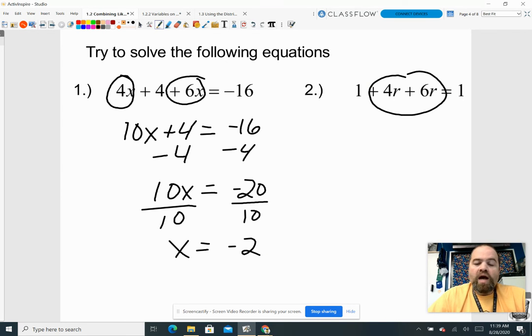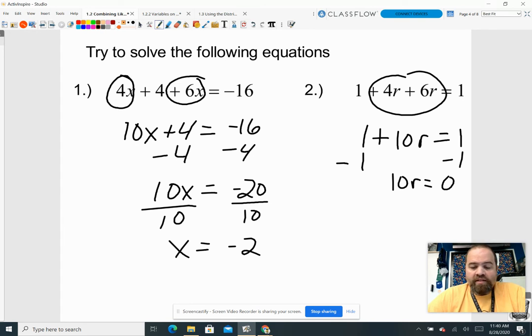Same thing here. Identify your like terms. Add them together. 4 plus 6 gives you a 10R. When you take that next step and subtract your constant off the front here, a lot of people seem to think that when they get a 0 in an equation, they've made a mistake. It's a number. You're in a math class. It's okay. So when I divide both of these sides by 10,